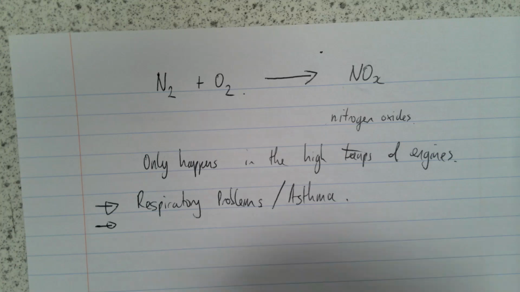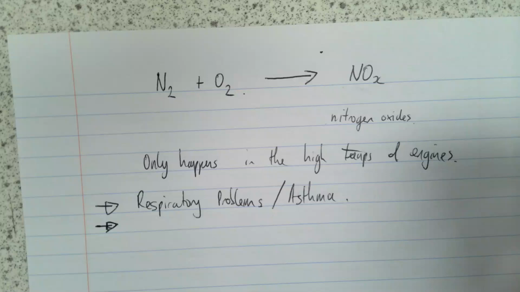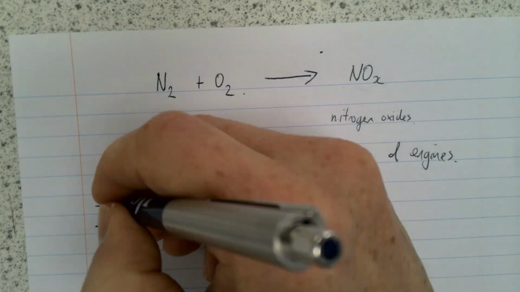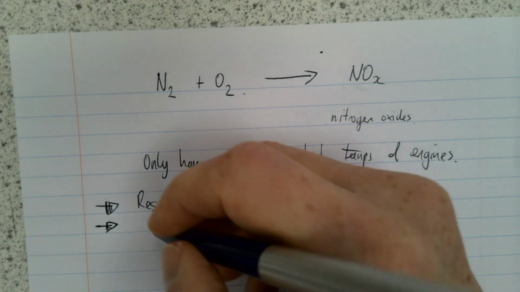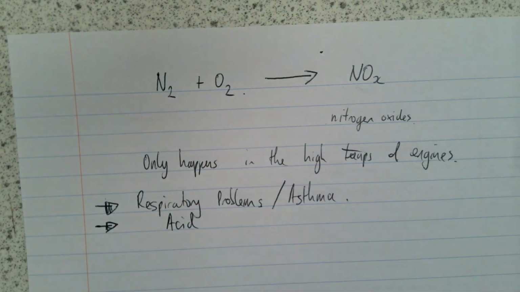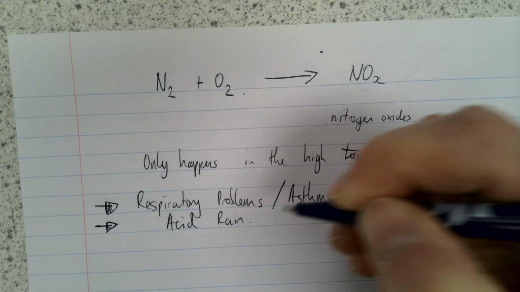But also, this is a little bit beyond the scope of the course, about the chemistry of it, non-metal oxides can dissolve in water, and when they do, they form acids. What you do need to know, though, is that when the nitrogen oxide, that is a gas in the atmosphere, dissolves in water, it can go on to form acid rain.